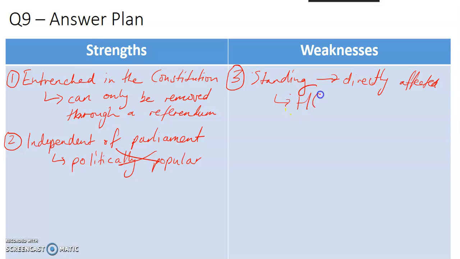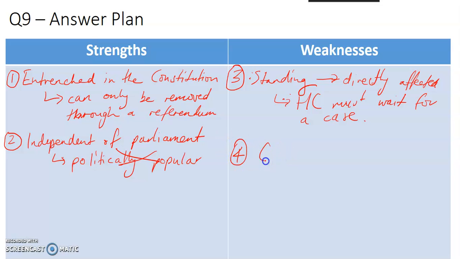The High Court must wait for a case to come before it. They can't just independently contact the newspaper and tell them, oh, actually, this law should be invalid. You could actually turn these into two different points if you want, 1, 2, but I like to combine them.